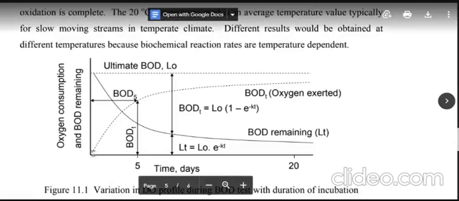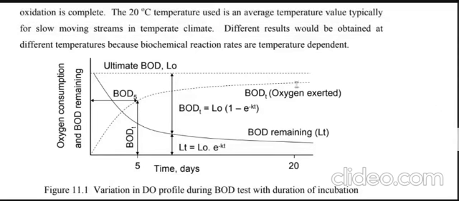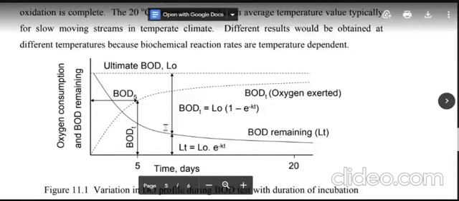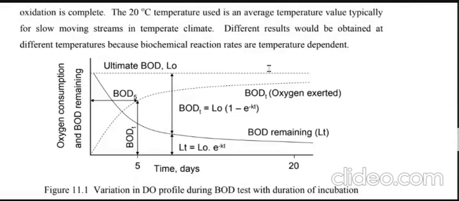So this dotted line shows the consumption or decomposition of the organic matter. And what does the smooth curve show? It shows how much BOD is remaining. It means this much has decomposed and this much is remaining, which is shown by L suffix t. And these are the formulas. Afterward, we will look at these formulas, because with the help of these formulas, we can